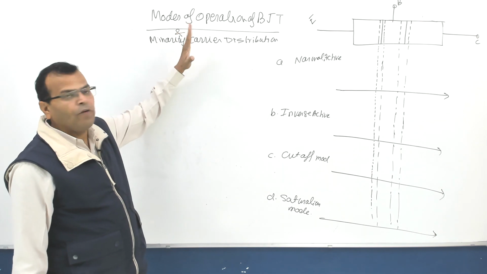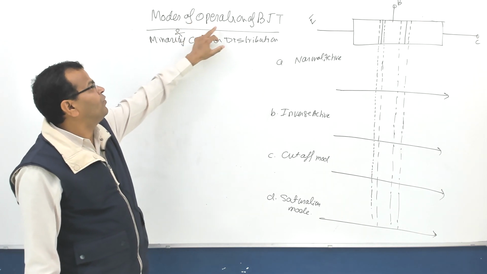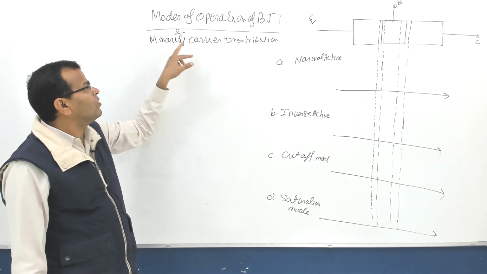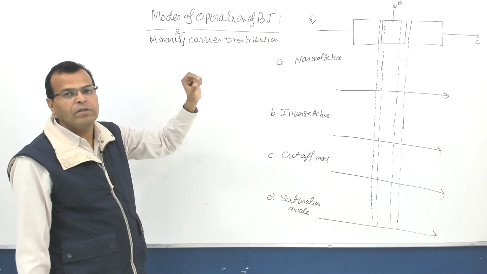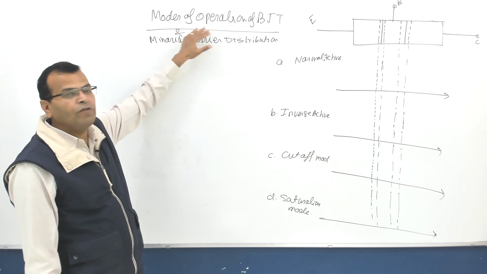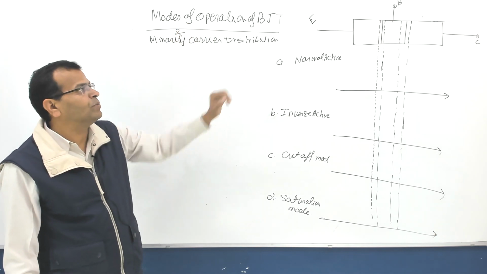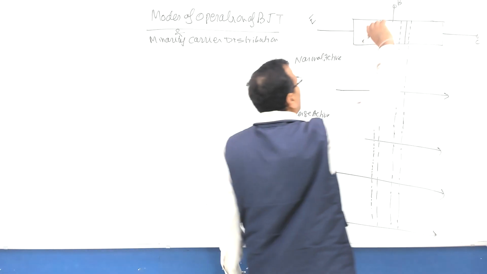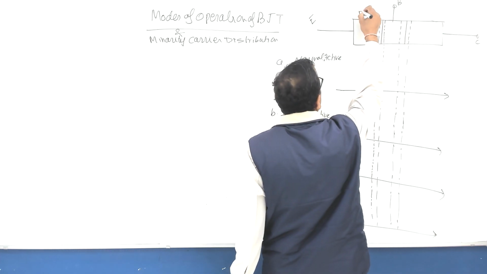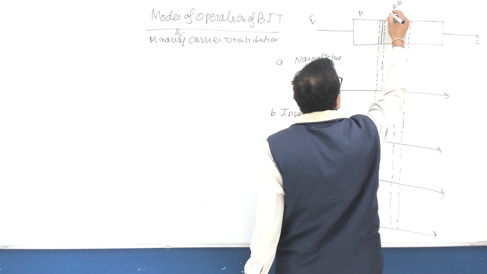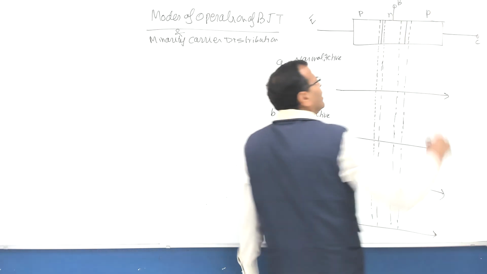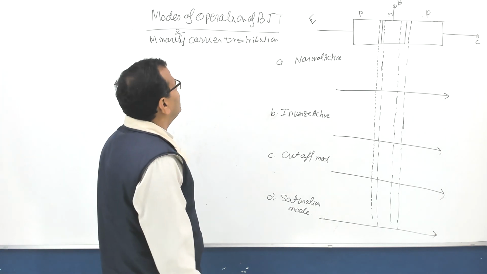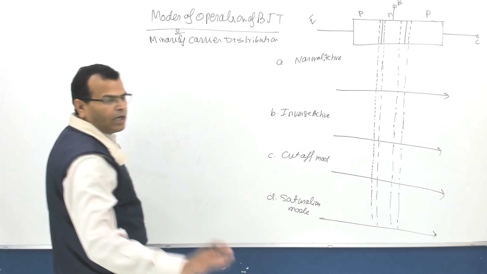The next topic of BJT is modes of operation of BJT, different modes, and carrier distribution. I repeat, modes of operation and minority carrier distribution. I'll be taking one example. You can take any of these, so I'll be taking the example of PNP type, or you can take NPN, that's your choice. Fine. So when you have PNP transistors, first is the